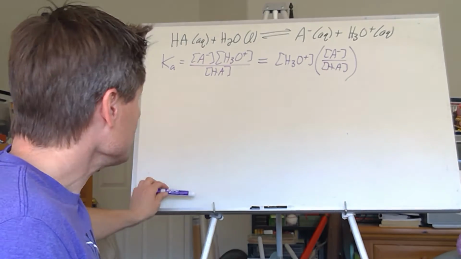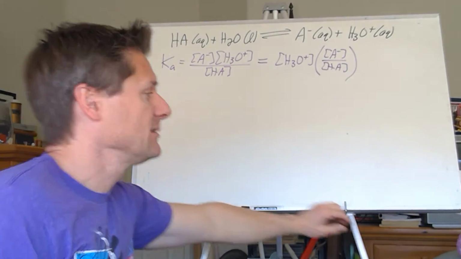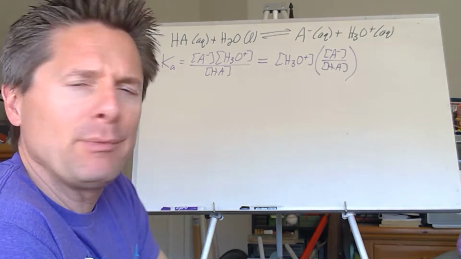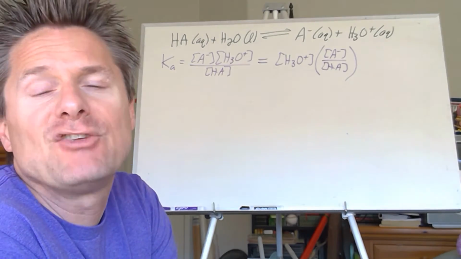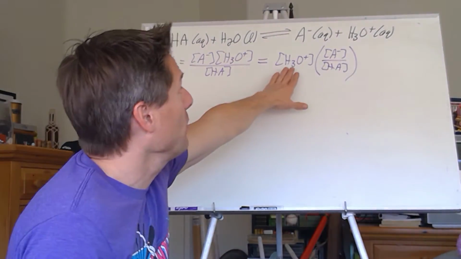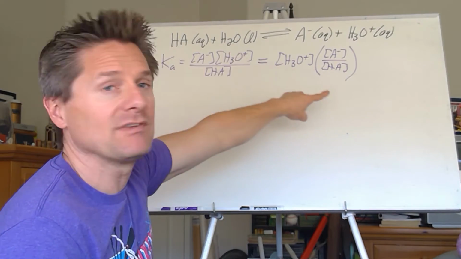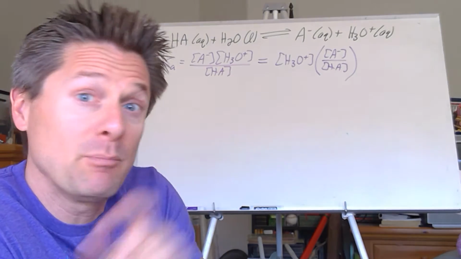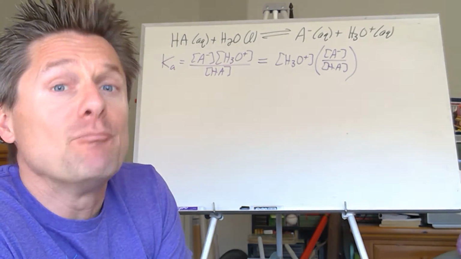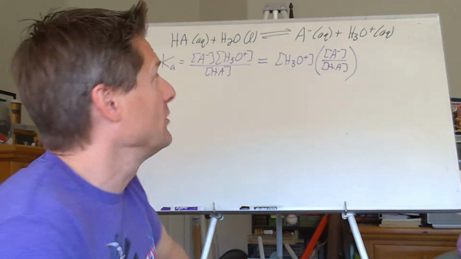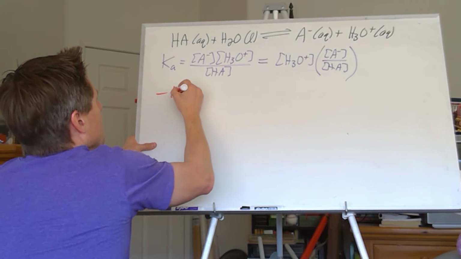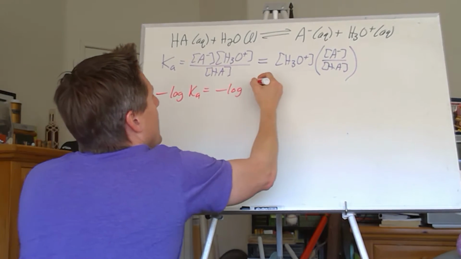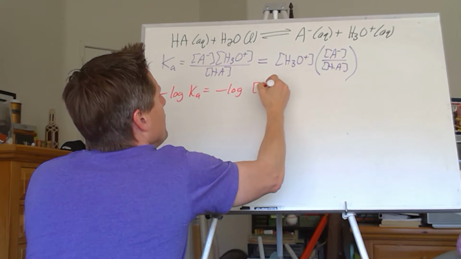But now let's do some tricks with this. I'm going to take the negative log of both sides. Ultimately, I want to solve for the pH, and pH is negative log H3O plus. So if I take the negative log of both sides, can you see where the negative log of the H3O plus is going to give us the pH? That's why I'm taking the negative base 10 log of both sides. So let's do that. Let's say the negative log of Ka will be the negative log of this whole term